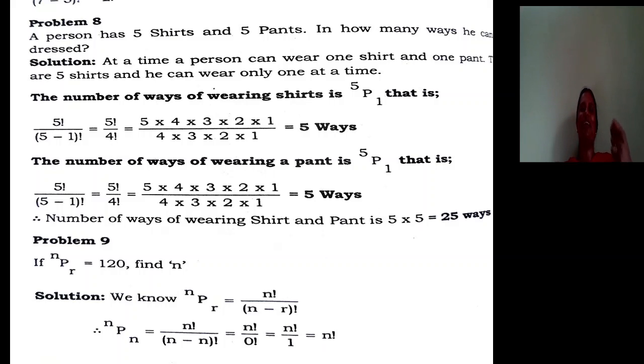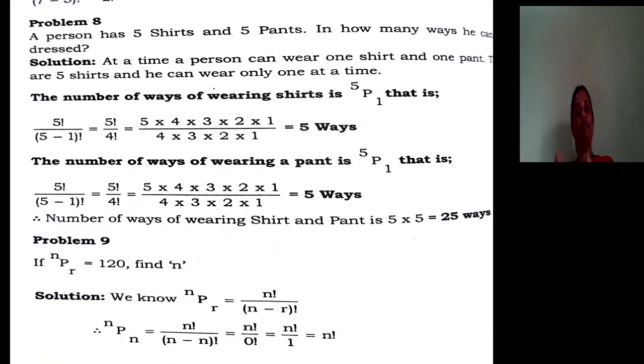We cannot wear all pants together, all shirts together. We can arrange all mathematics books together, all economics books together. Then it is 5P5 if there are 5 economics books, 6P6 if there are 6 mathematics books. But here that is not the case. We cannot take 5P5. It is 5P1. We can wear a shirt only once. One shirt once. Did you get my point? We cannot wear all 5 shirts.